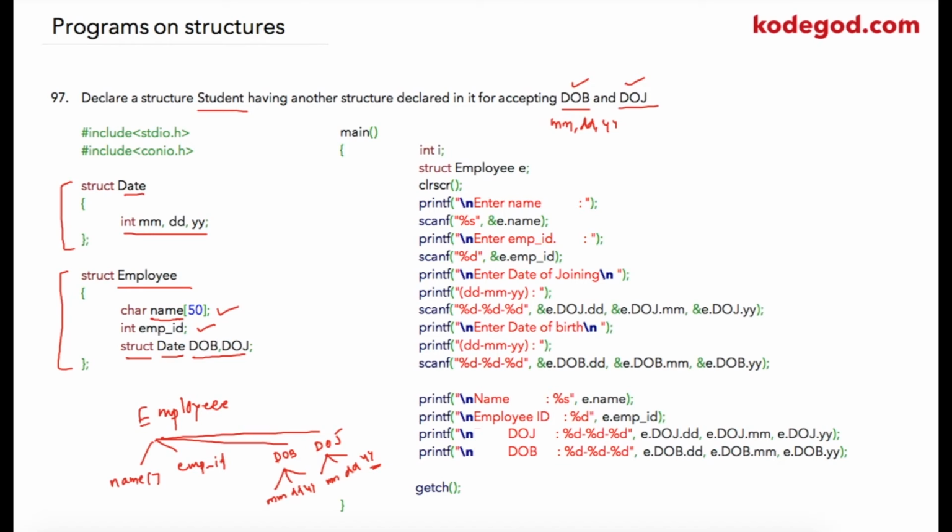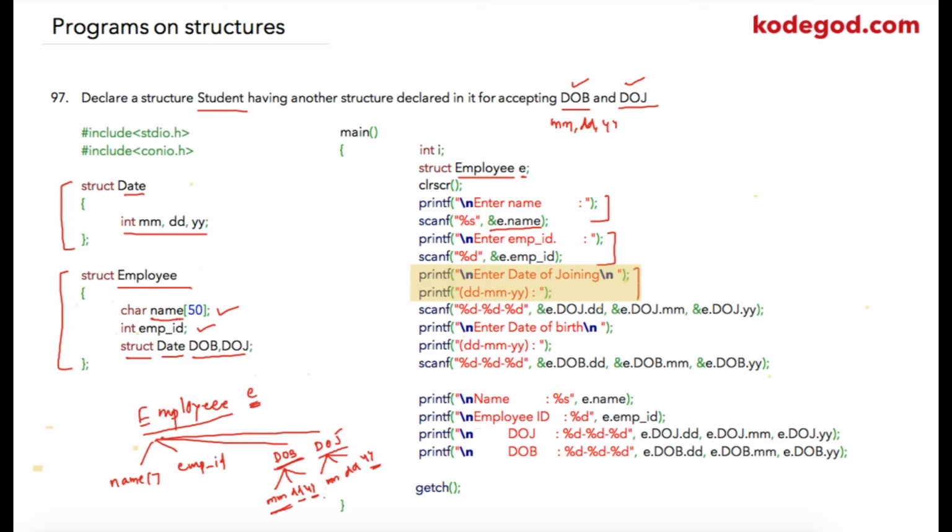To access these variables, suppose we have e as the structure variable name for employee, then we can access them as e dot dob dot mm, then e dot dob dot dd, similarly e dot dob dot yy. Same process for doj. So let us see what I have written in main. First of all, I have created a structure variable e of type employee. Then I am asking the user to enter name, which I am going to store in e dot name. After that I am asking the user to enter employee id, which will be stored into e dot emp underscore id,